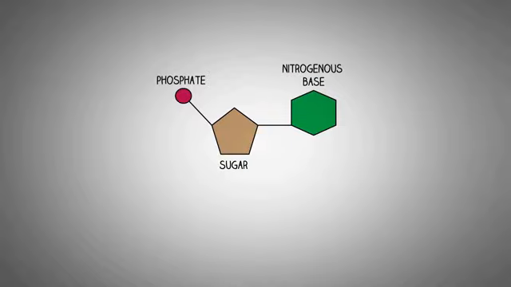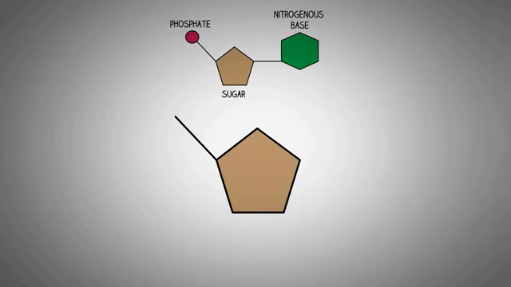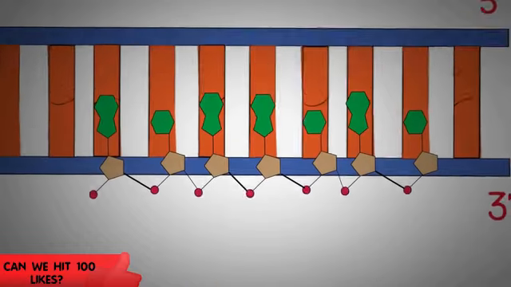and the nitrogenous base. Now if we isolate the deoxyribose sugar from this nucleotide, we can see that the carbon atoms in the deoxyribose sugar are numbered from 1 to 5 in a clockwise manner, with the 5th carbon outside the ring. Now you can compare this illustration with the chemical structure of deoxyribose for a better clarification, and it is the 5th carbon to which the phosphate group is always attached.